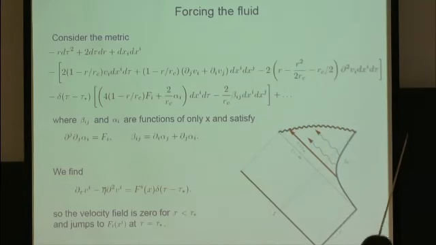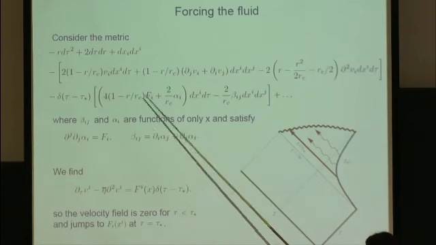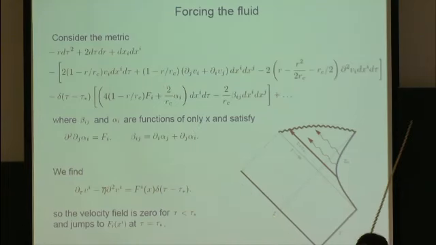Oh, and I should mention one more thing, which is that we've talked a couple of times about how breaking the boundary condition that the cutoff surface is flat at a particular point is equivalent to adding a forcing term, and that's actually exactly what we've done here. So if you work out what the actual equation that V has to solve here is, you get something like Navier-Stokes plus this forcing correction, so it's forced at some delta function in time. And sure enough, if you work out what this metric is, it's not flat. The induced metric is not flat, just at that point in time, and then it's flat again.